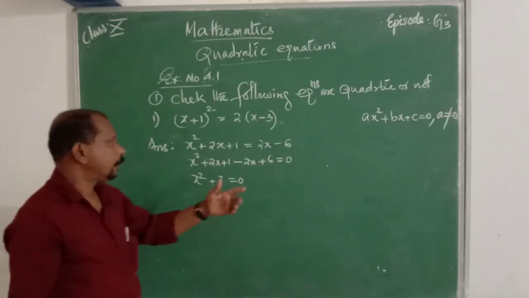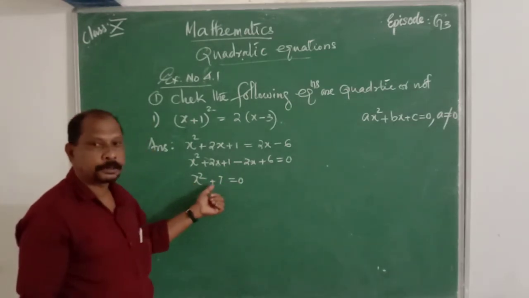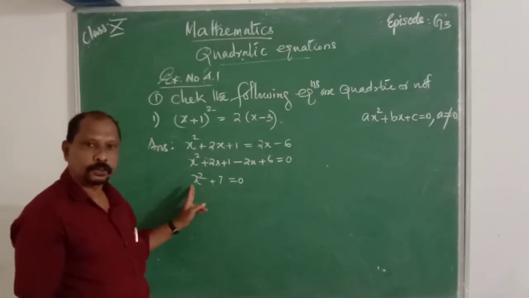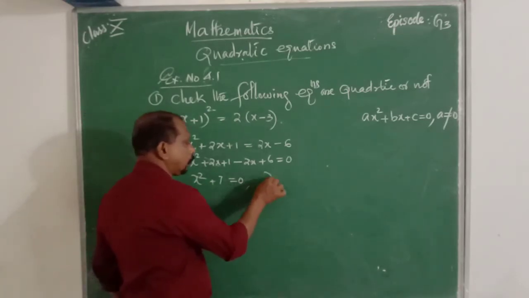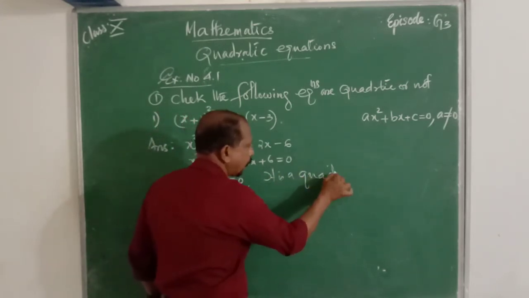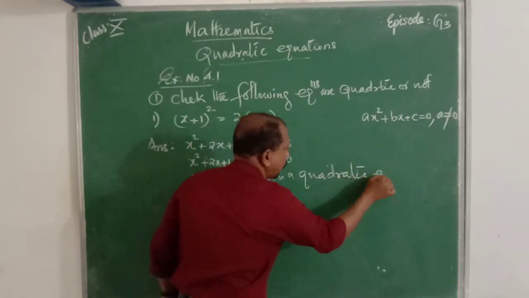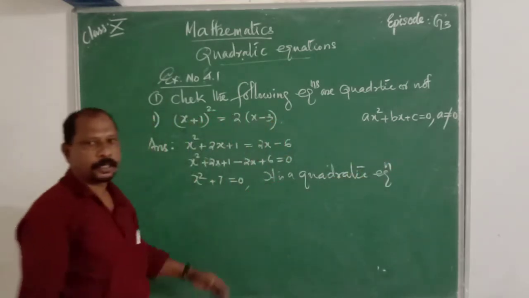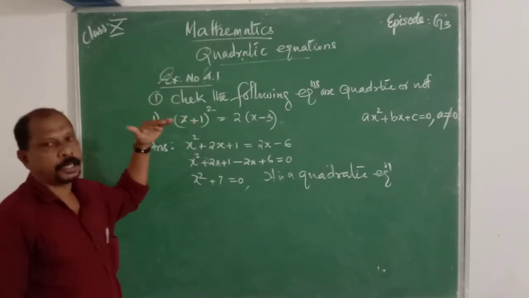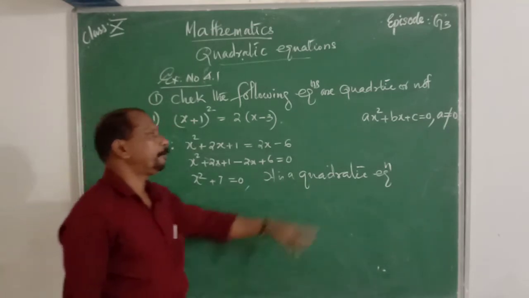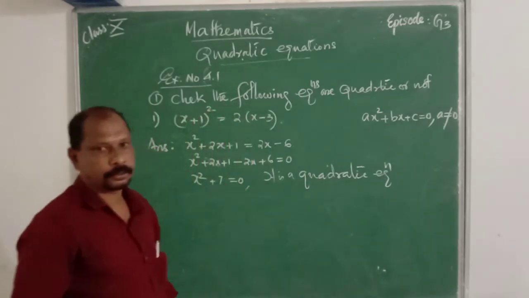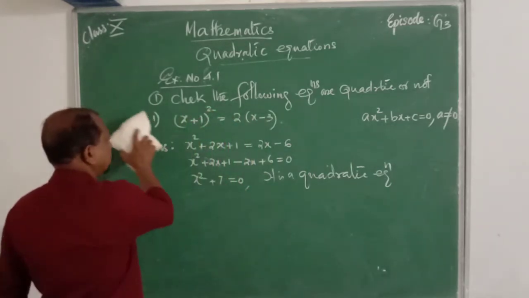That means this is of the form ax square plus bx plus c is 0, but b is 0, so there is no x term here. The highest power is 2. Therefore, it is a quadratic equation. That means we can express the given equation, after expansion, finally in the form ax square plus bx plus c is 0. Therefore, it is a quadratic equation. Then the second question